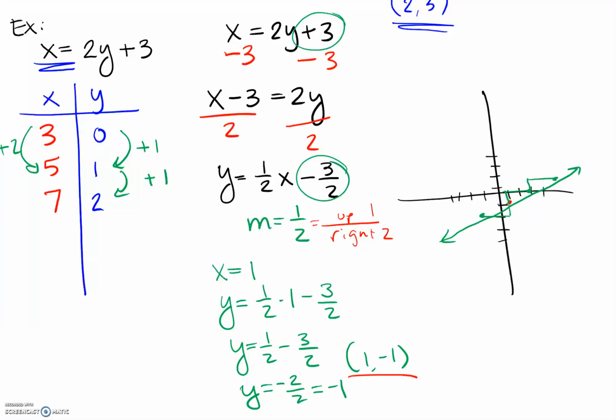So hopefully that helps you out with graphing lines. Like I said, we have lots of different options. You can always do a table. The table is pretty much foolproof. The only thing that can go wrong is if you make mistakes plugging in, you can end up in trouble. But as long as you make sure that your table has at least 3 points, when you plug in those 3 points, you should see something